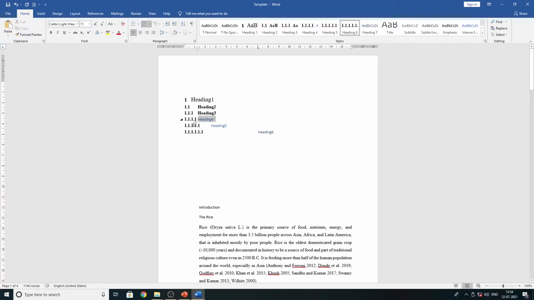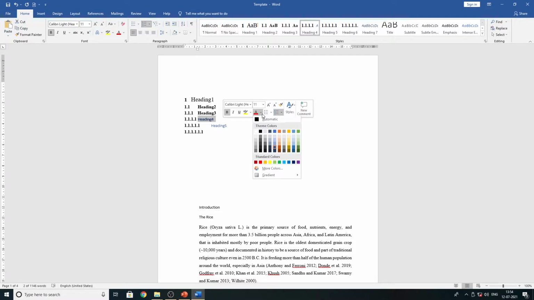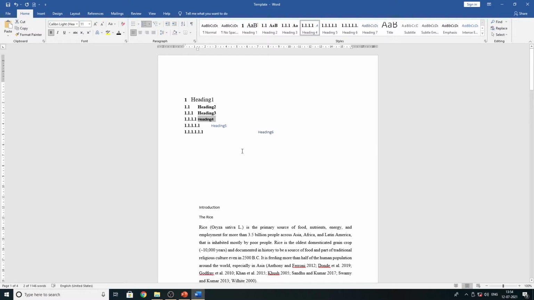So I'm going to select this thing, heading 4. This is the color, it is a different one. I'm going to change. This is the bold, and its color should be black. Okay, now it should be 4. It should be highlighted. Then right click on your heading style 4 and click on update heading to match selection. After you do that, all headings will be updated according to your selection.